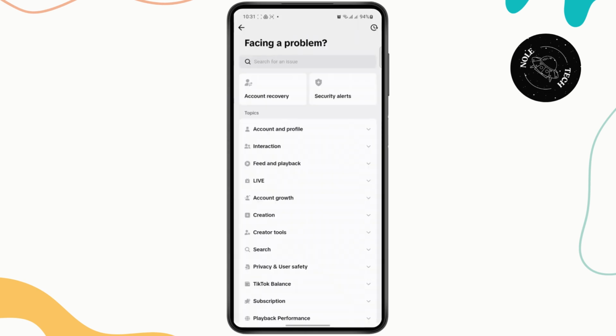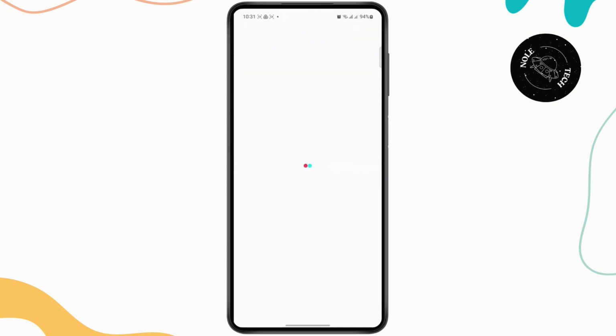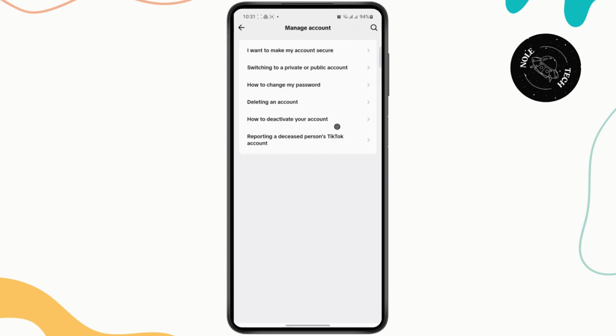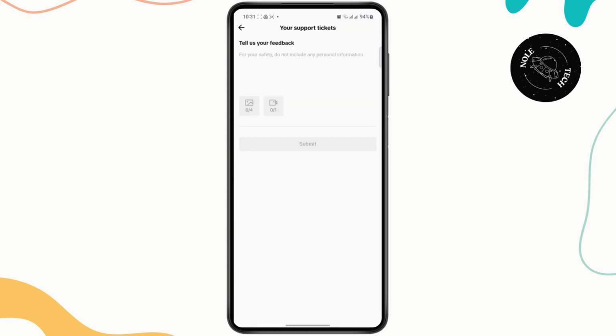And once you have done that, you can just scroll down. If you find account and profile, you can tap on it, tap on manage account, and here might be some related articles that you can read, but if you don't find it here, scroll down all the way and tap on submit a report. Now you simply type in that you want to remove all of your followers at once,